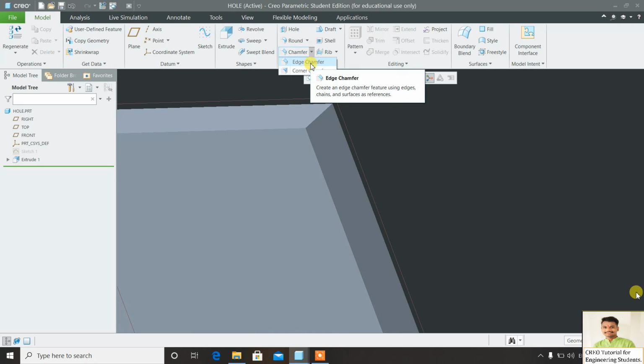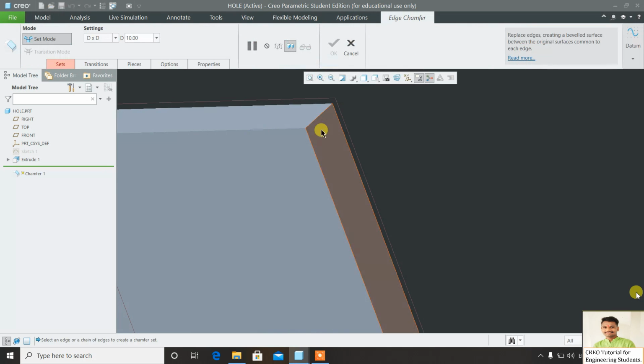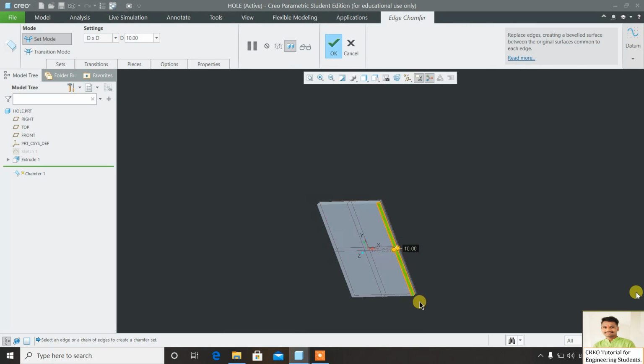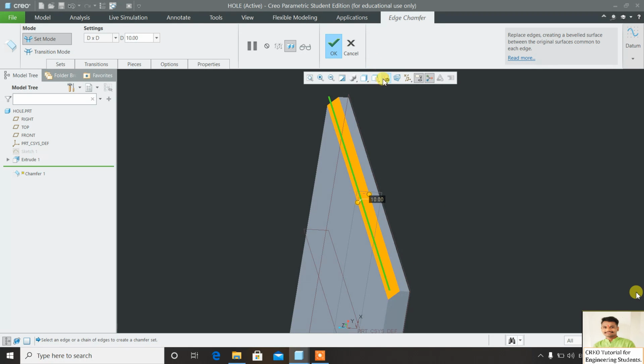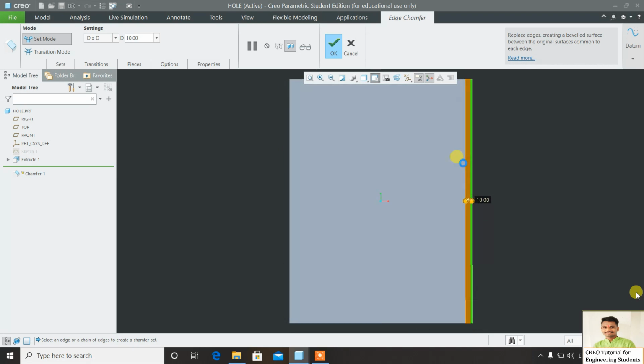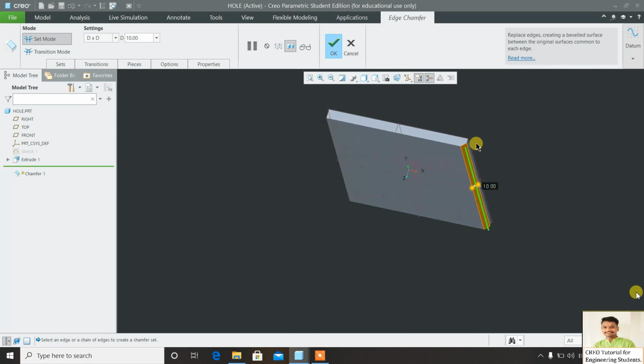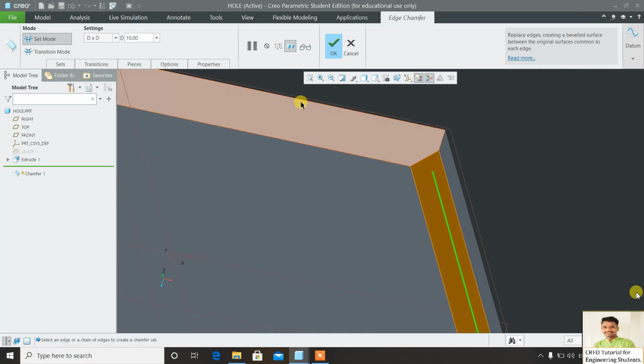We will see the first, that is edge chamfer. Select any corner or any edge that we want to make chamfer. After selection, this is looking like this. In this way, we make a chamfer. We can also change the dimension here, like 5 by 5.